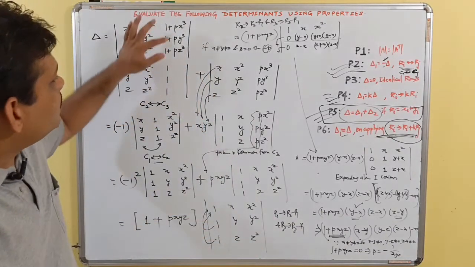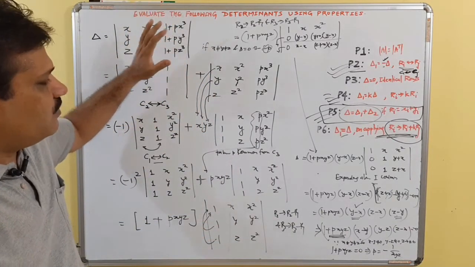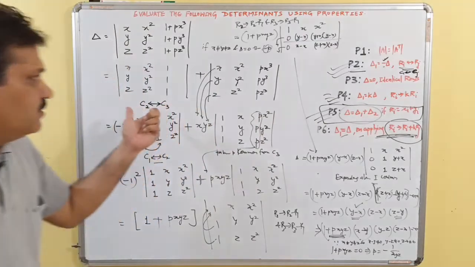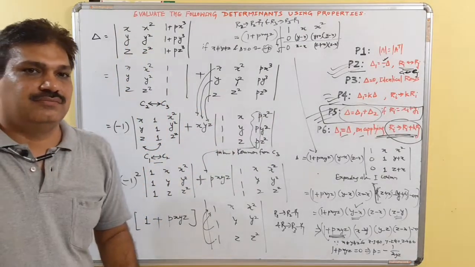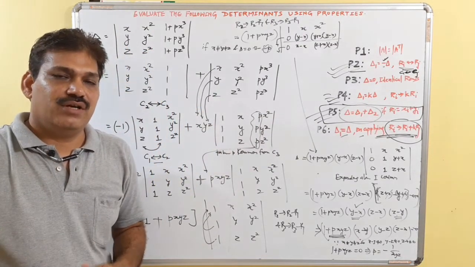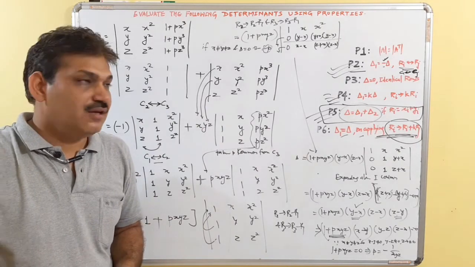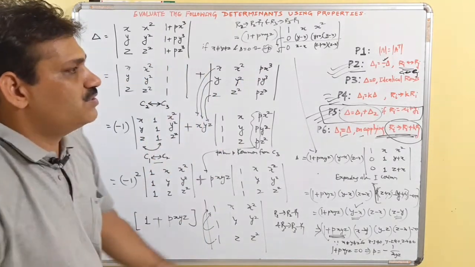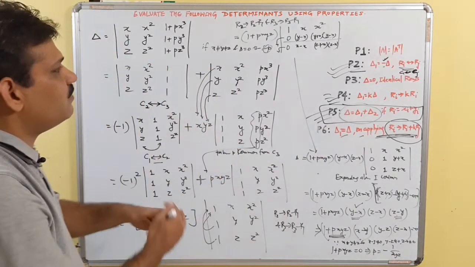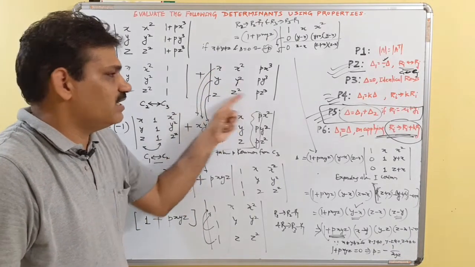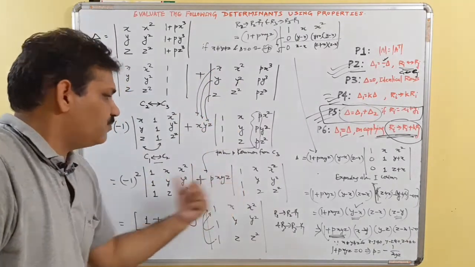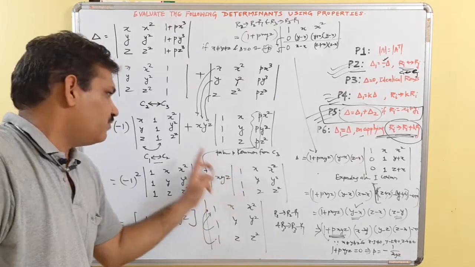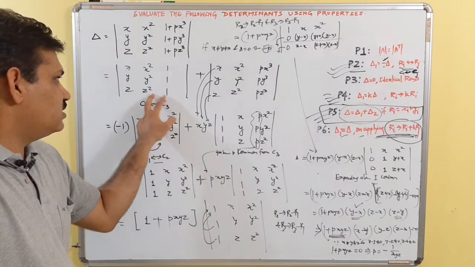Or suppose there is no p. If I change the question, let's first discuss the question again. See, this was the question. What we have to do? We have to find the value of this determinant. Simply, we split it up into two using property 5. After splitting up, we can see common x, y and z. Meanwhile, to make both the determinants same, we interchanged these two columns.